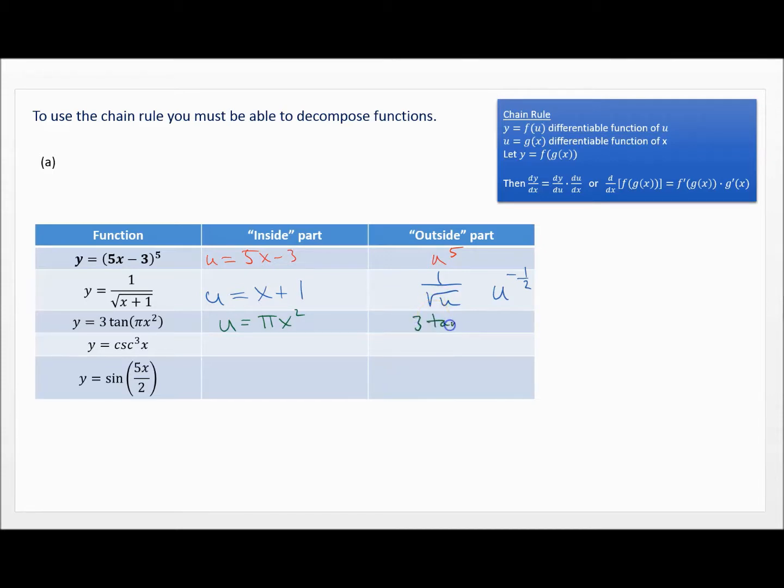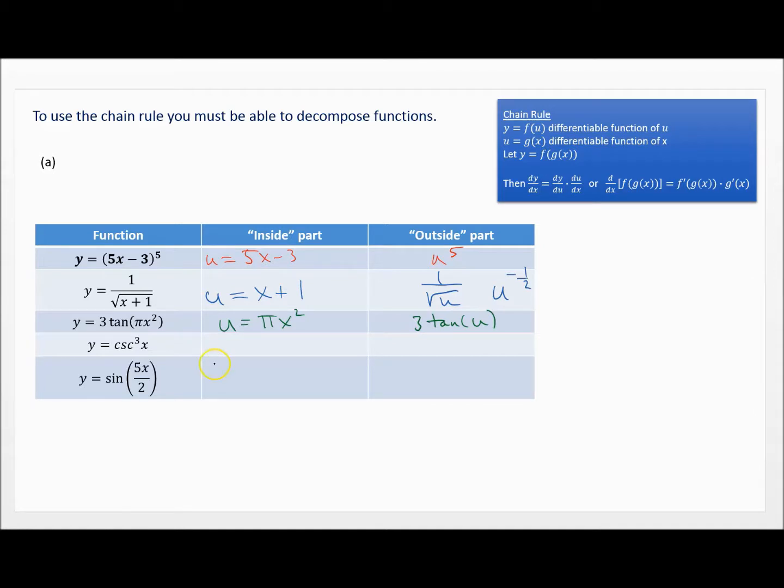Do we know how to take the derivative of that? Of course we do, right? We memorized it in the last video, right? That the derivative of tangent of x is secant squared of x. Of course, this is a u, so you would just change it. And that 3 right there is a constant multiple. So we're doing good. We've got this. Okay. What about